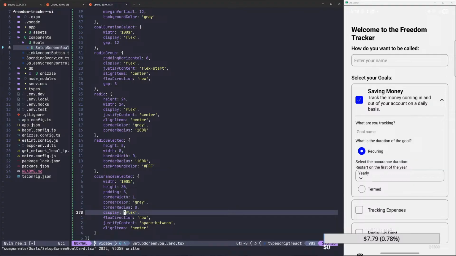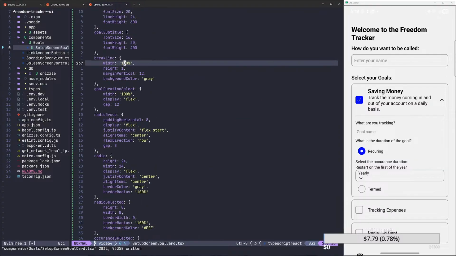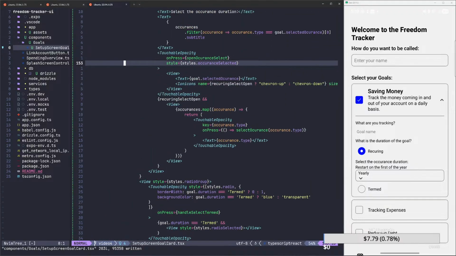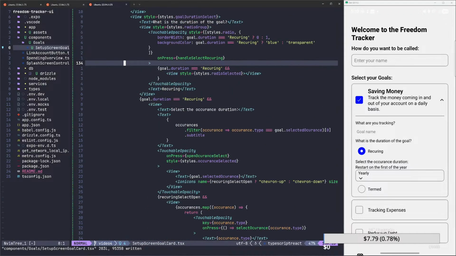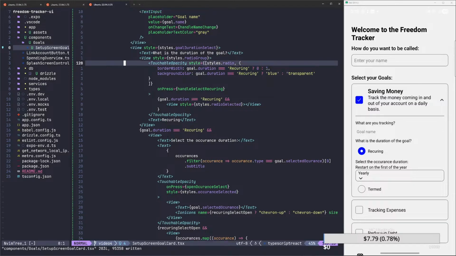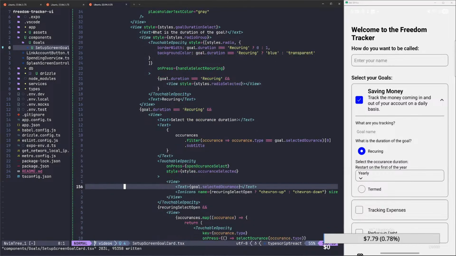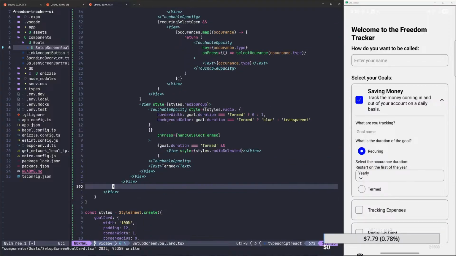The flex is not working. Unless there might be another view in there that I need to display flex actually. Let's see. So duration, select, recurring, select occurrence. Okay, yes, there is the touchable opacity. Okay, so instead we're going to take